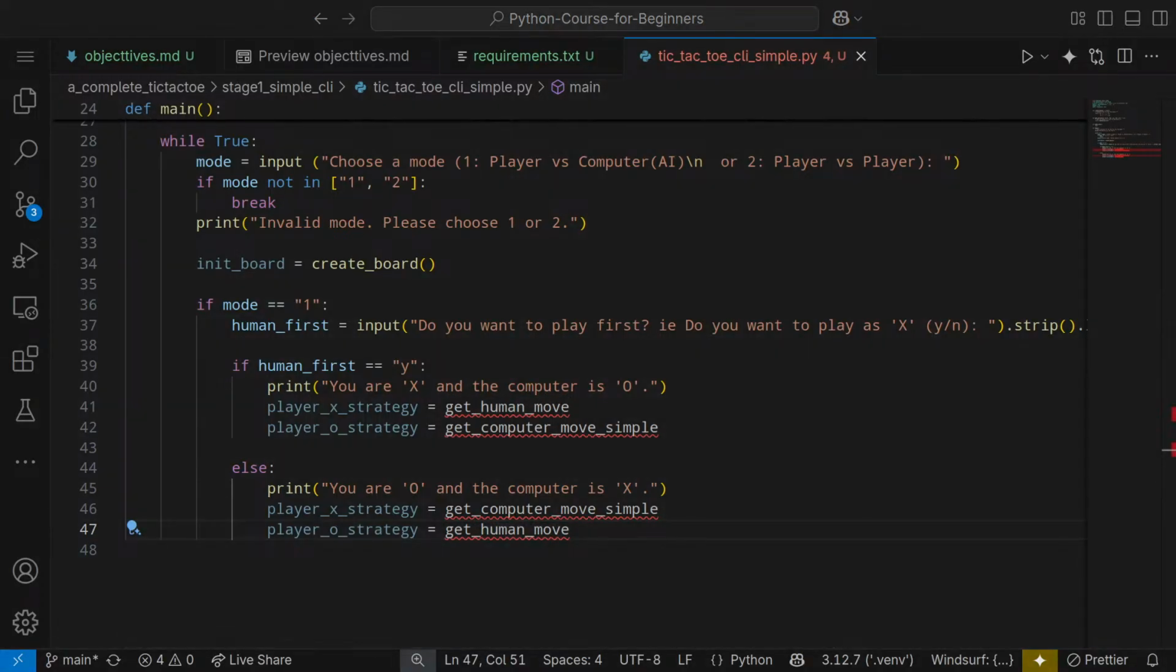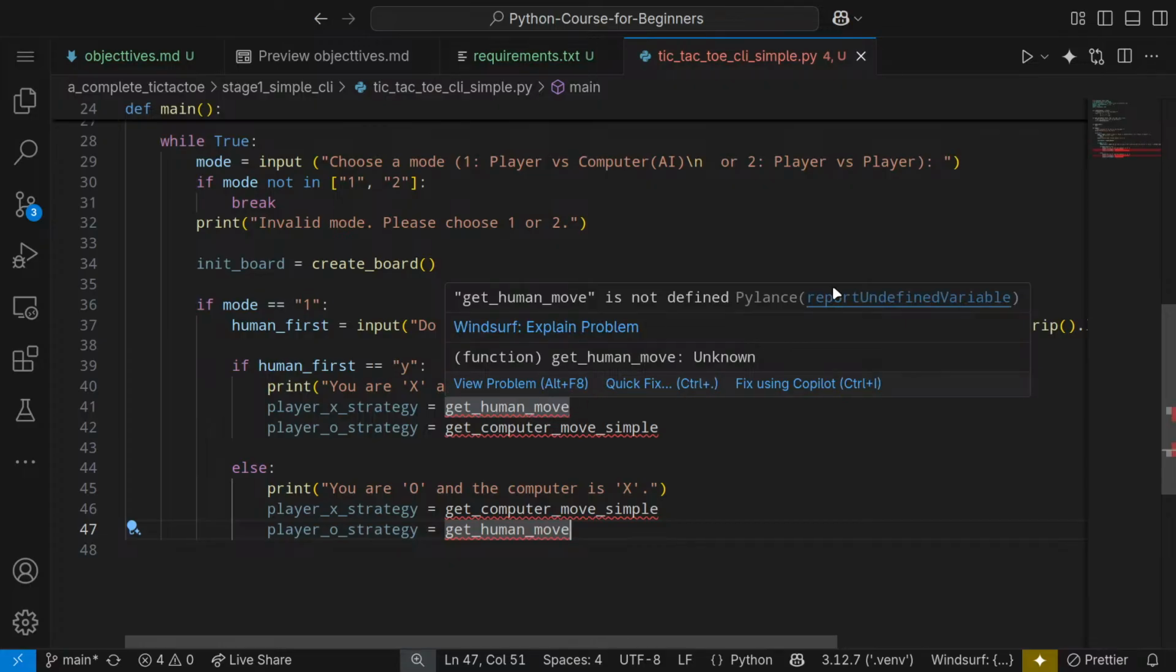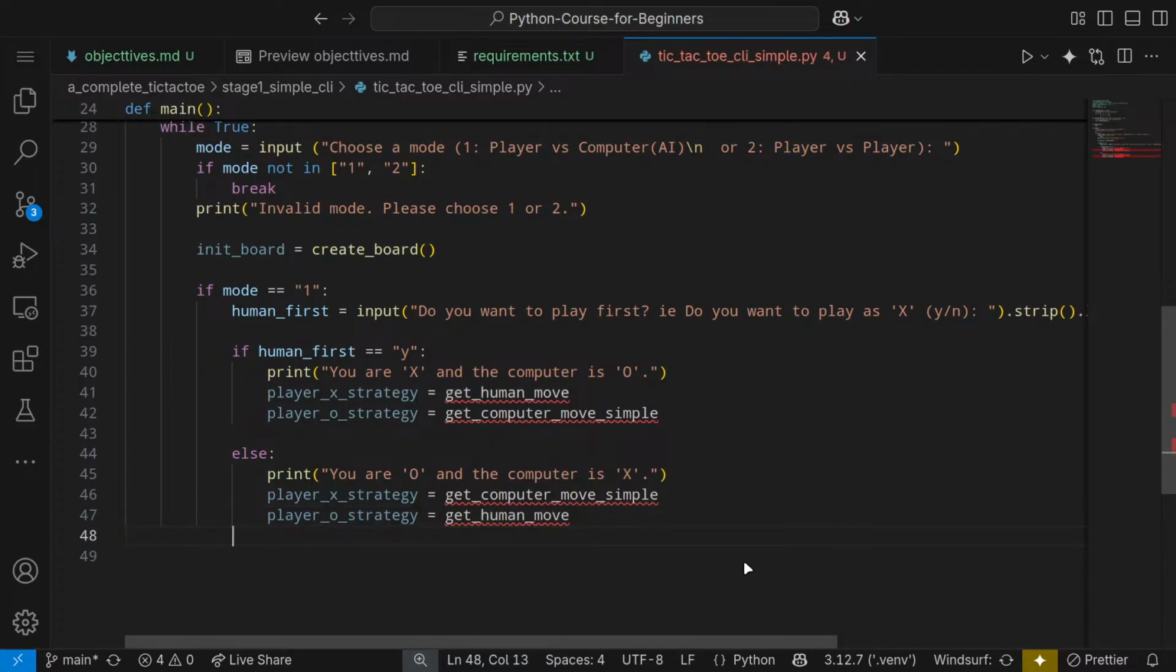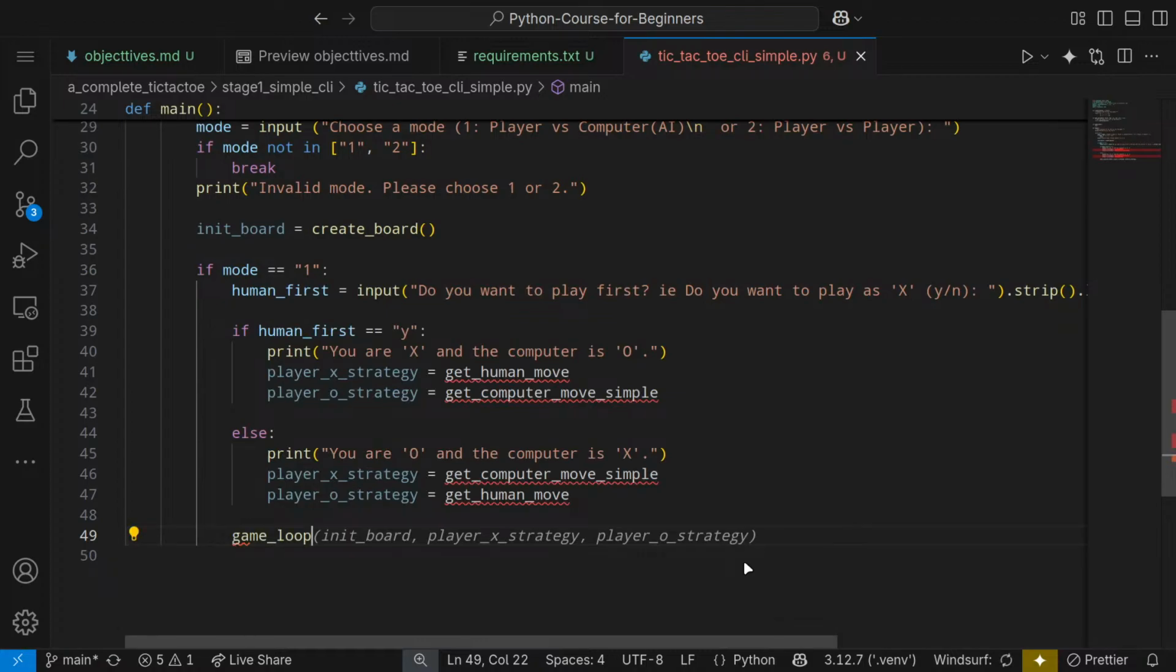Okay. Now this get human move and all this. How can we implement this human move? I'm just thinking, what could we do with this? This human move is never initialized, so there will be an error for it. It's not defined. Of course, it's not defined. We can define it a little bit later. We can just have, after all this is done, else is done, the game loop. And inside the game loop I'm going to pass